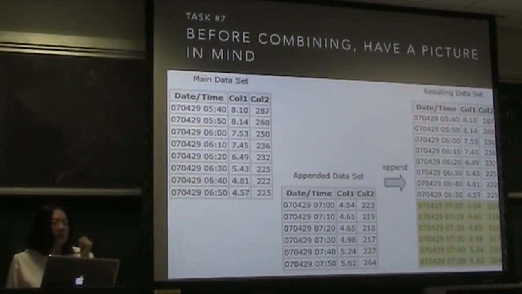Okay, task number 7. This is probably for sure going to happen to some of you. It may not happen to all of you, but for sure you're going to be combining data sets somehow, okay? Somehow. Either your team is going to decide, let's do the best use of external data question, all right?